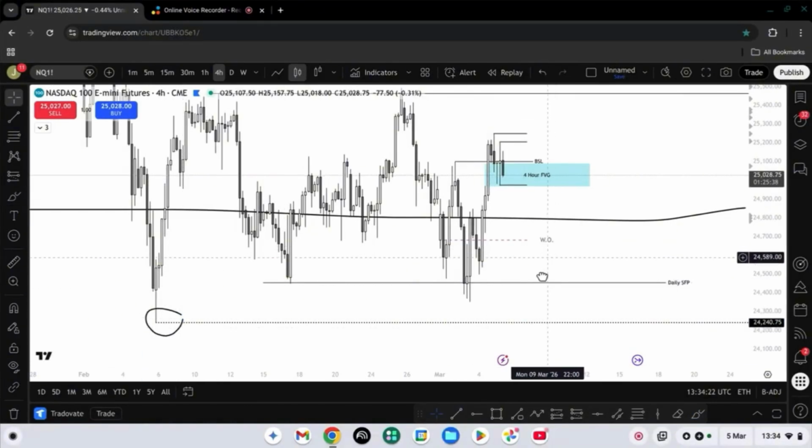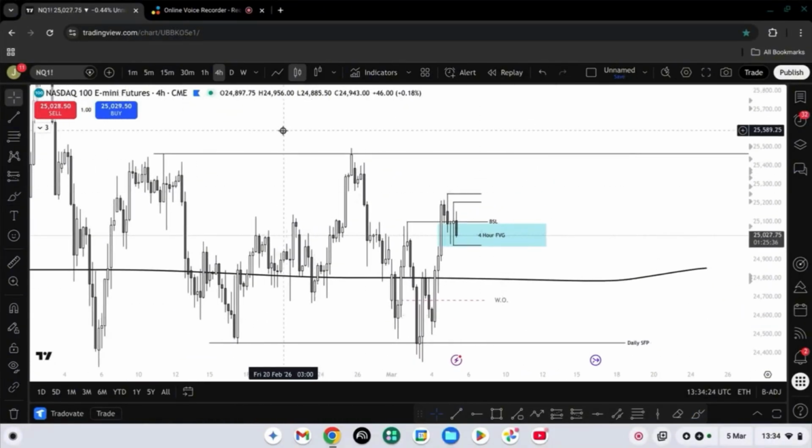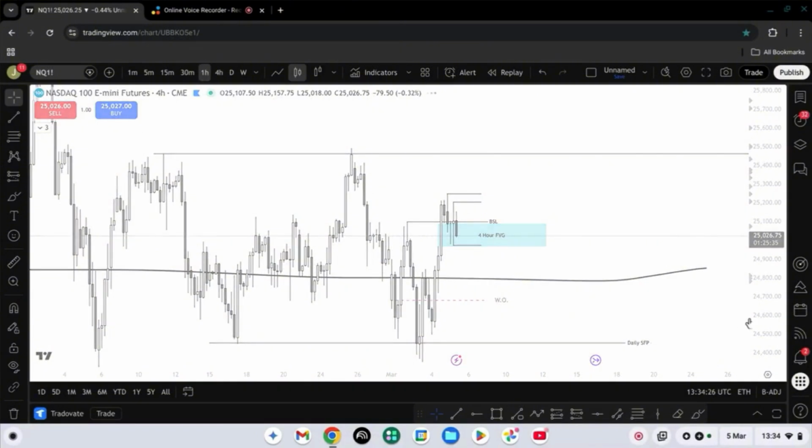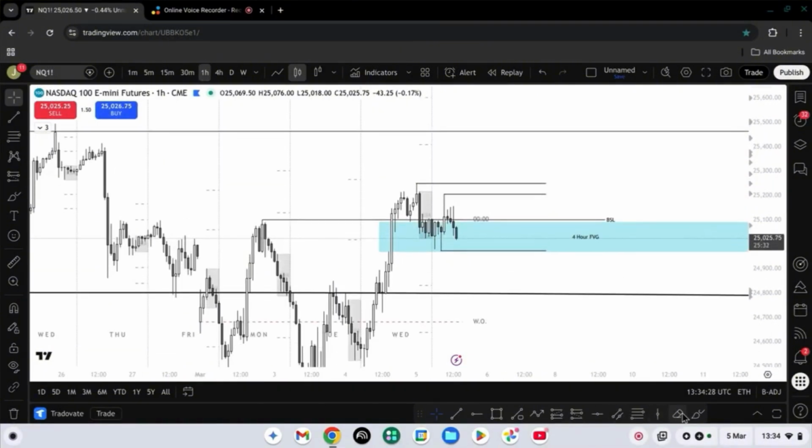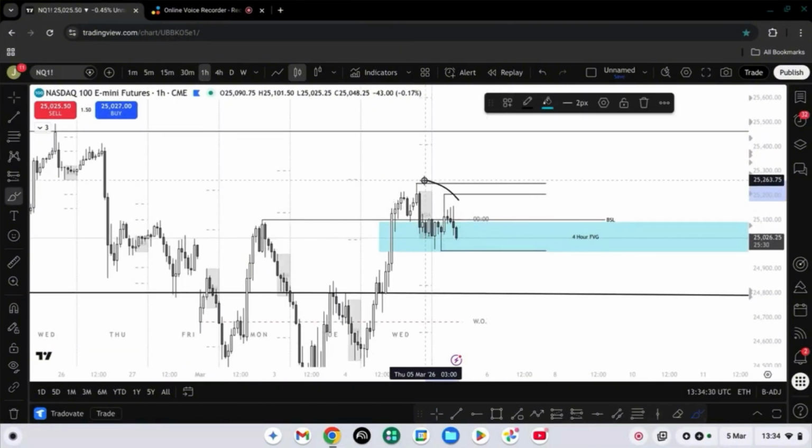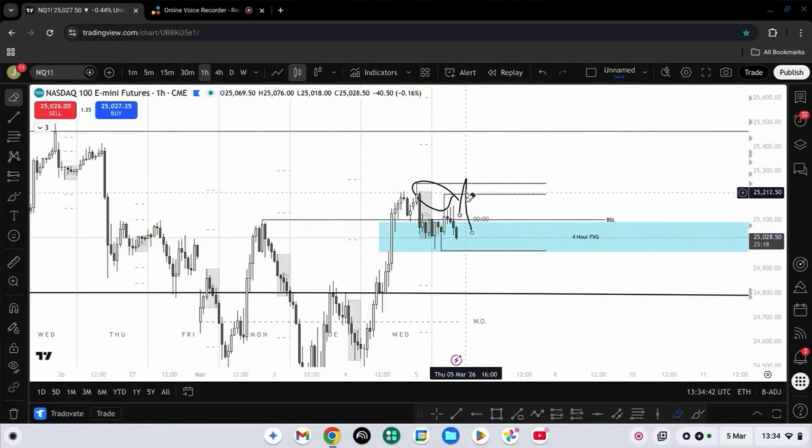But what I'm also looking to do on an intraday basis is to see if we can get a bearish swing failure pattern on either of these two highs over here. And if we had that bearish swing failure pattern, scale into the 5 minute, look for an entry model, and target some shorts down to the bottom of the range. But as I said, you need some sort of confirmation. So a 4 hour inverse fair value gap or a bearish swing failure pattern would be that confirmation for me.